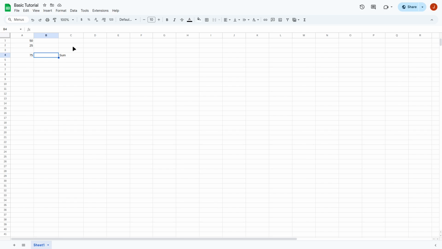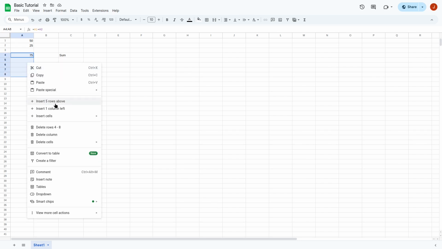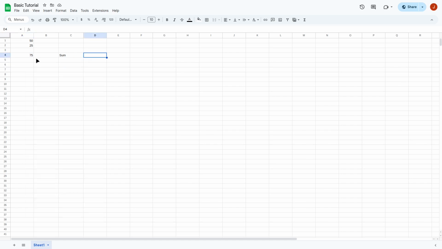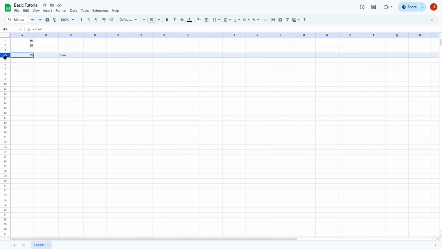If you want to insert multiple rows and columns, you can select, say 1, 2, 3, 4, 5 with the left mouse button, and I'm right clicking, and I can insert 5 rows above. But notice that when I selected on the cells, it didn't give me the option to insert rows above or below. To do this, I actually have to click on the row reference itself across to the left,